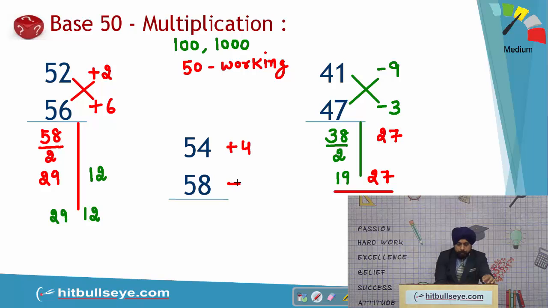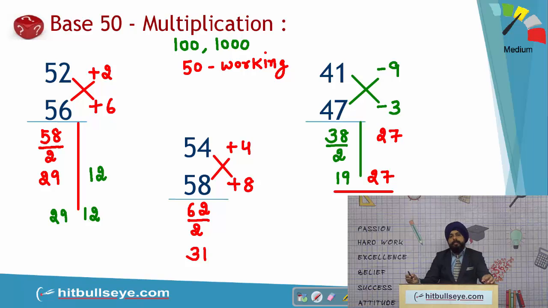Let's solve the third question here as well. So this is plus 4 and plus 8. Doing the same operation here, students, you get it as 62, and then you half it to get 31. Now what will come on the right hand side? The product of plus 4 and plus 8 will give us 32. Answer is 3132. Right, students?